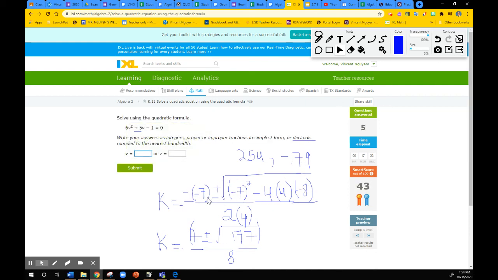Make sure you use the formula, plug in your numbers first before you try to do any calculations, okay? Just to be careful. And you need to be especially careful when the values are actually negatives, okay? So good luck, and let me know how it goes, and if you have any